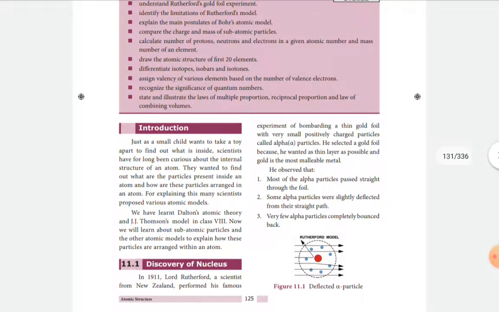Now we are going to discuss atomic structure. Already we learned that the atom is a basic unit, a fundamental unit of all matter. So matter is made up of atoms. Atoms are what compose matter. And see, in the introduction part it is given,